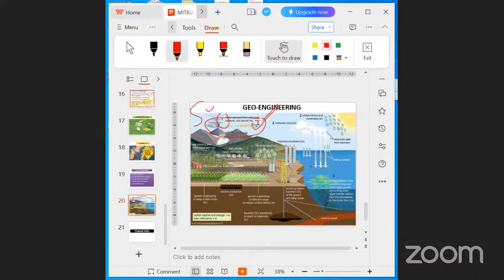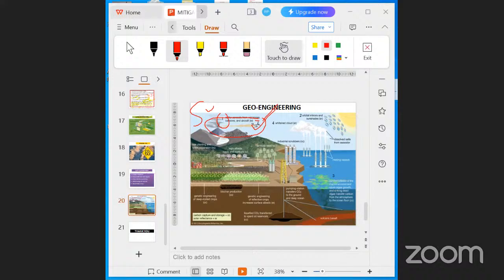So this method is called copying a volcano, one of the geoengineering ideas, right? A volcano eruption can blow millions of tons of sulfur dioxide gas into the atmosphere, creating a cloud that blocks some of the sun's radiation, right? By injecting the atmosphere with sulfur.